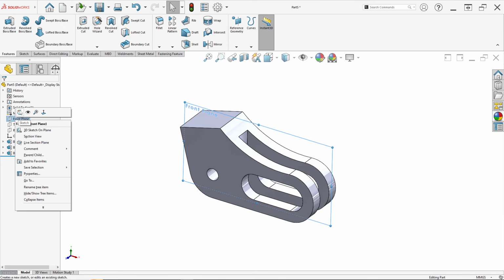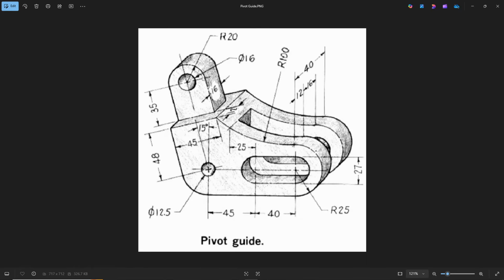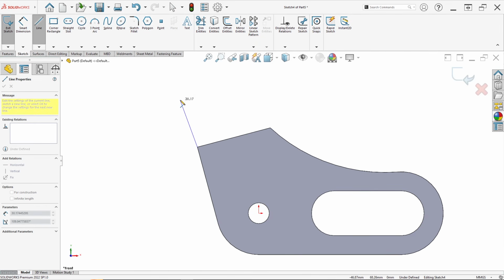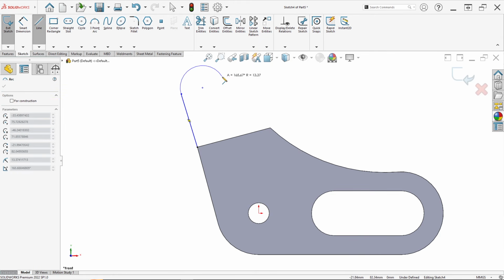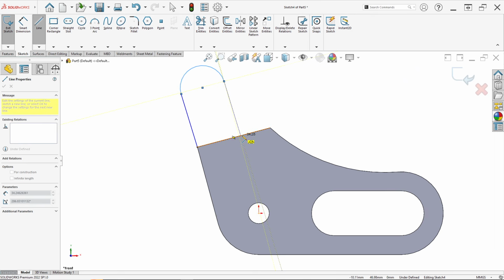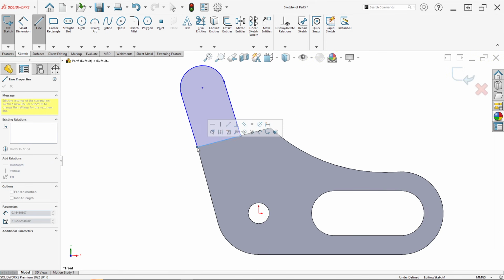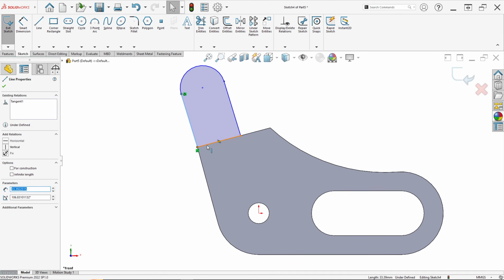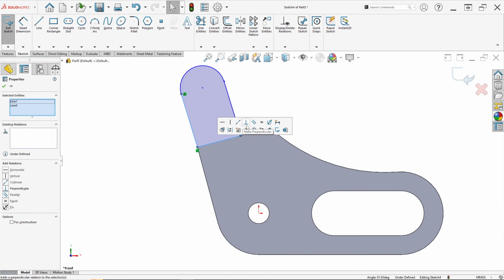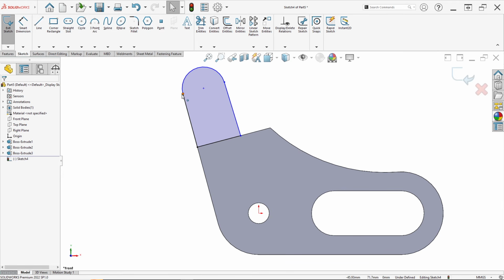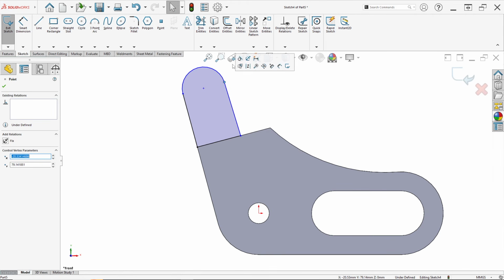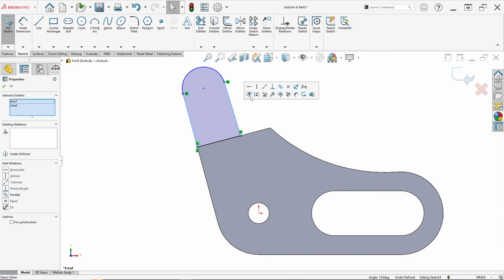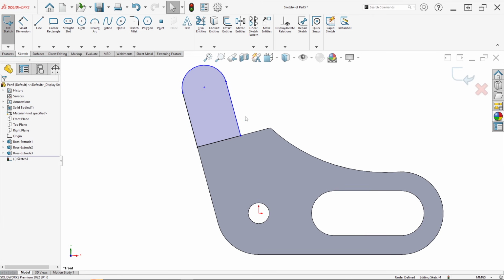So right click again on front plane and click sketch. Now we can draw from this sketch in here. Draw from this point to here and click A on your keyboard to here and connect to this point. Okay, ensure this line, click Ctrl and click this line, click make perpendicular like this, and this point click make tangent, and this point click make tangent, and click line and click Ctrl, select this line, just click make parallel.